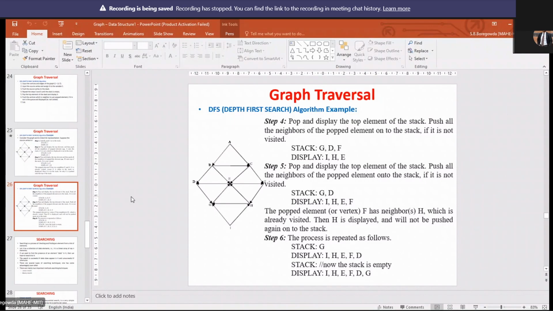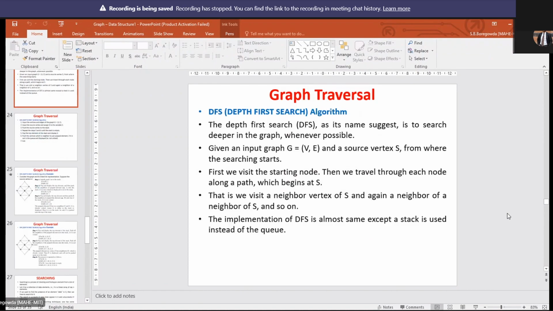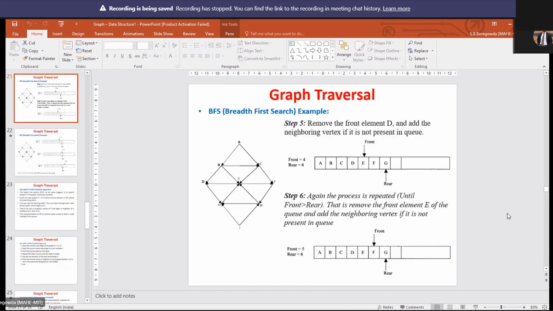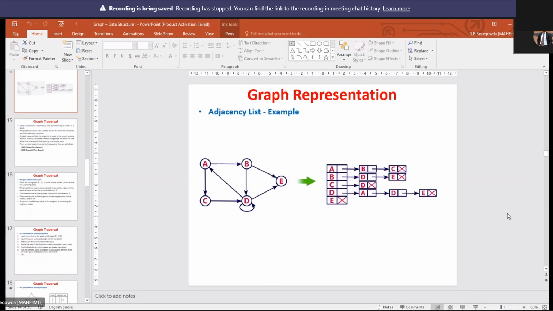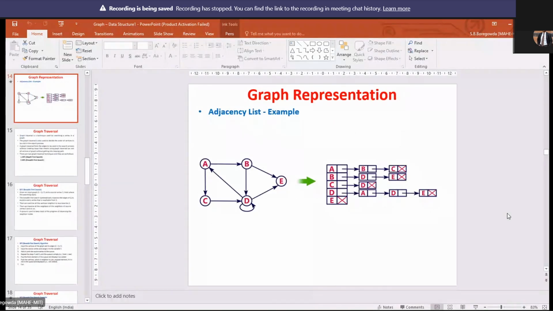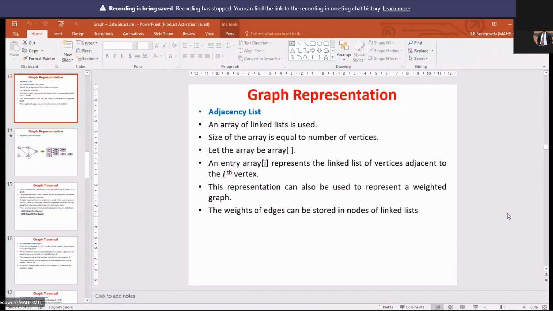This completes the syllabus, that is, the data structures. You need to concentrate only on these two algorithms, that is nothing but DFS and BFS, and also you need to look at how to represent the given graph by using matrices as well as lists. So this is the syllabus which I was supposed to complete, and that is completed. Today I am going to wind up all the DSA classes.